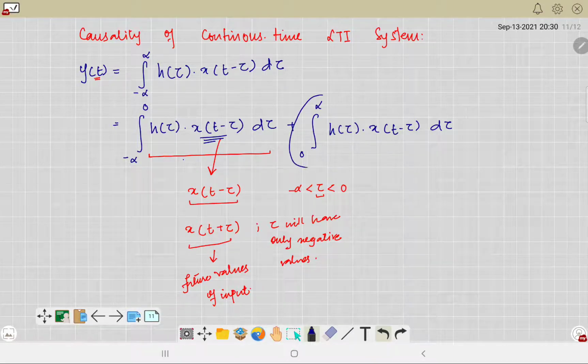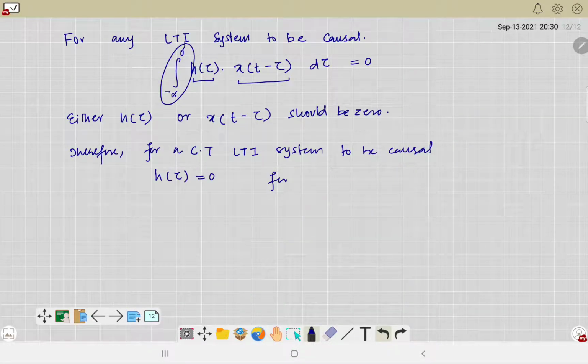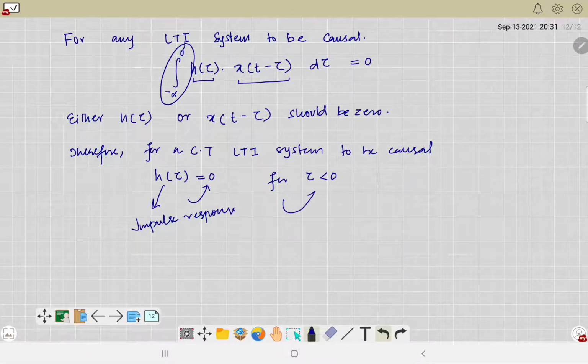The second integral is entirely zero here, for tau less than 0. Fine. So we can say that a continuous time LTI system is causal if its impulse response is equivalent to 0 for t less than 0. This is a very important result